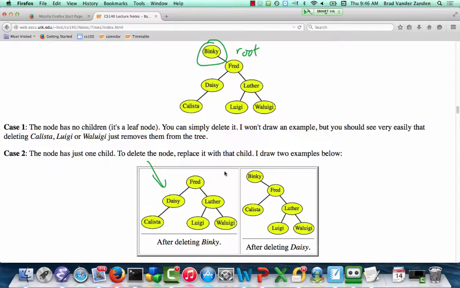As a second example, let's say that we want to delete Daisy. So Daisy's right here. Daisy has a single child, Callista, and if we replace Daisy with Callista, so Callista kind of comes up here to replace Daisy, we get this situation right there. And again, you see we're still